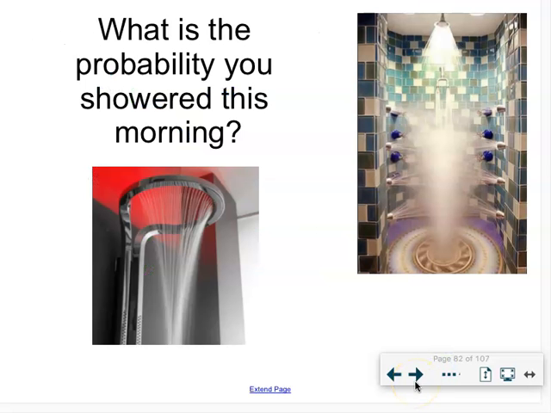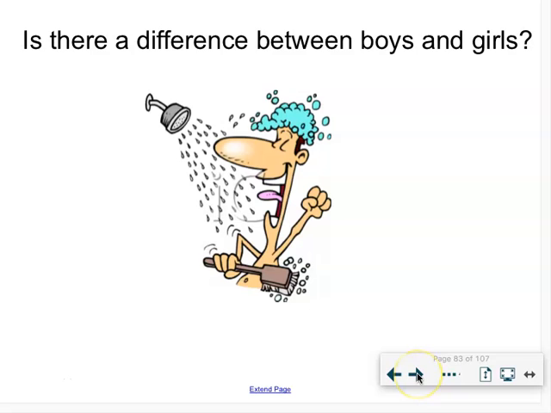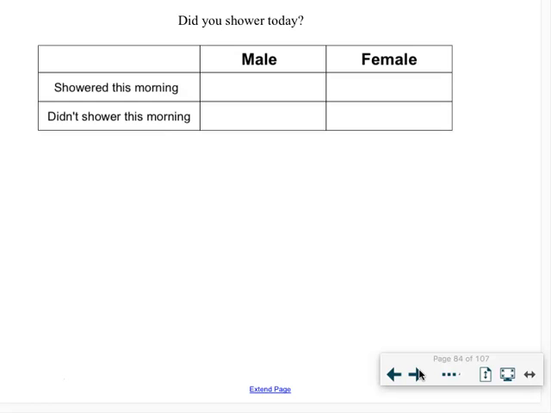Okay, so let's look at a different example. If you were here today, we would be asking this question: what's the probability that you showered this morning? And we'd be looking at, is there a difference between boys and girls in this scenario? So I'm just going to make some numbers up. Normally we would actually poll the class here. Let's say that I asked all the boys in the class who showered, who didn't. Maybe we had 11 guys that did shower, and maybe we had 6 that didn't. For the girls, maybe we had like 14 who didn't, and